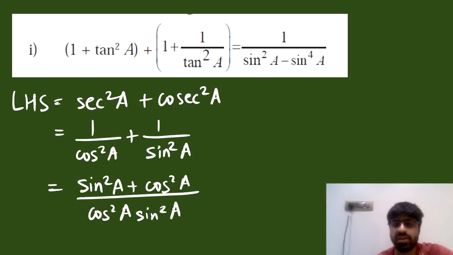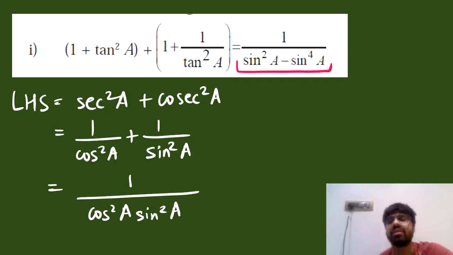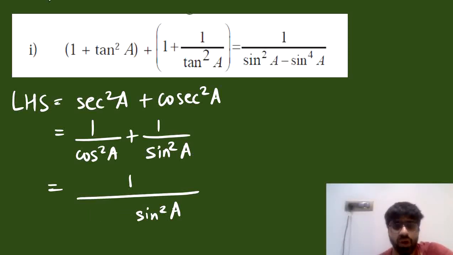Well, let's make a few changes here itself. We know that sine square a plus cos square a will be equal to 1, and now we need only and only the terms in sine in the denominator. So what we will do is we will write cos square a also as 1 minus sine square a. So I'm writing that cos square a as 1 minus sine square a, and yeah, that's it. You can just expand the brackets.